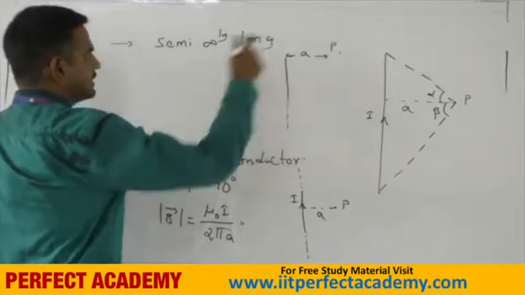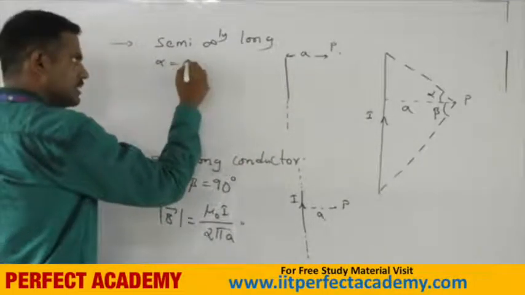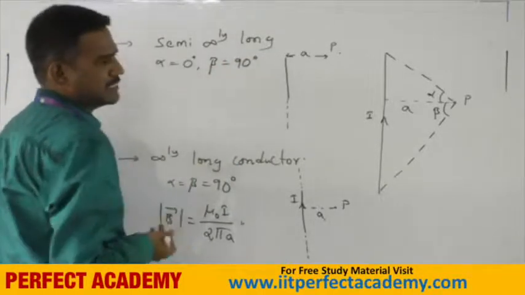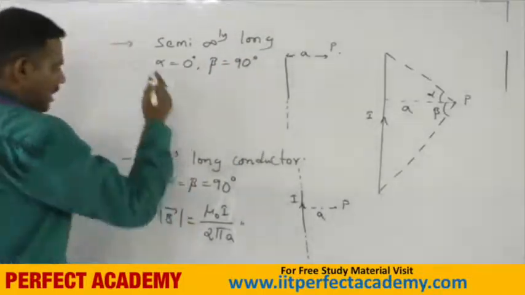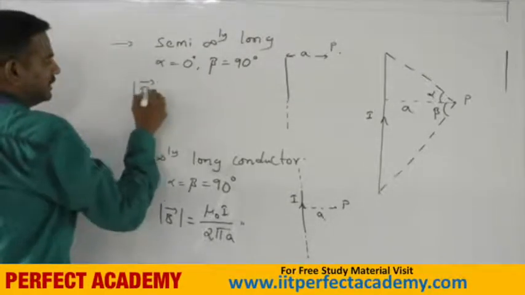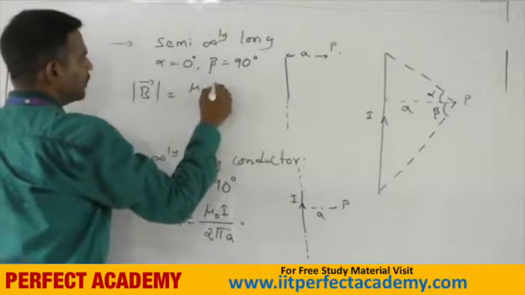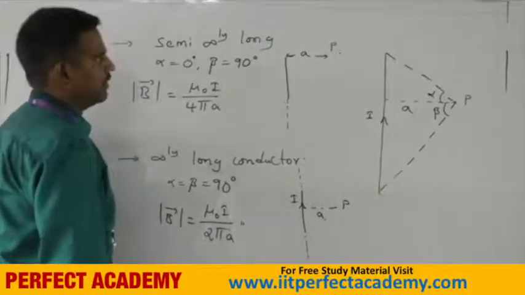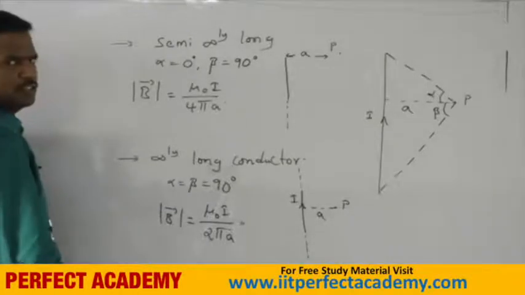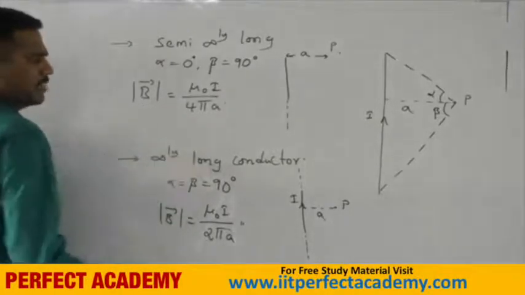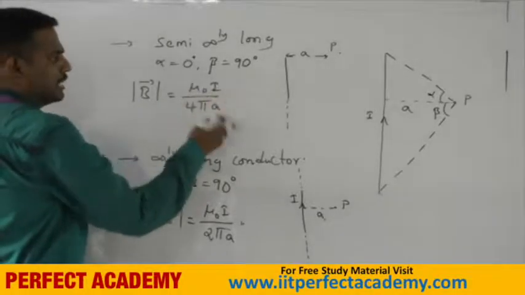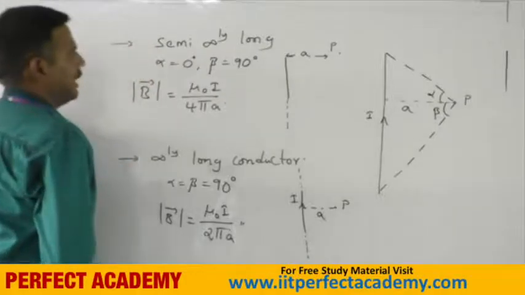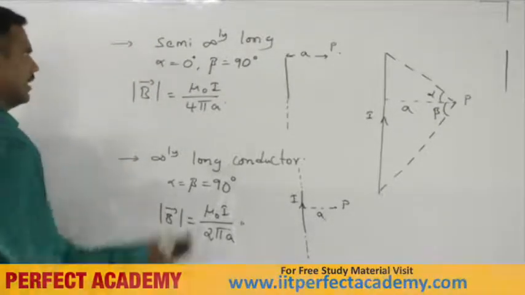And now for this case, what are alpha and beta? Alpha is 0 degrees and beta is equal to 90 degrees. Substituting this information back into our Biot-Savart law, we get the magnetic field intensity magnitude as mu naught I divided by 4 pi a, because sine beta equals 1 and sine alpha becomes 0. Therefore, the magnitude of magnetic field intensity is mu naught I by 4 pi a due to a semi-infinitely long conductor. Done. And this is what we have about straight conductors. Now let us